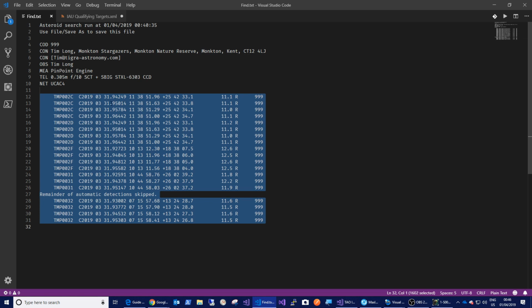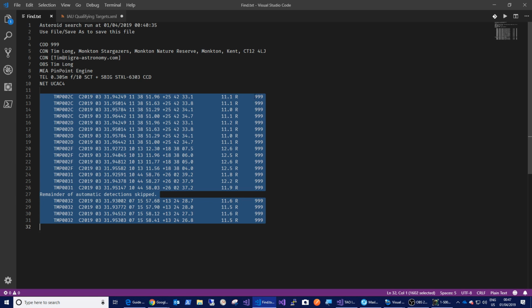The time on the observatory computer is maintained to an accuracy of probably plus or minus 10 milliseconds, I would say. So it's very accurate, and so these are the magnitudes of the items we've found. So as you can see, it ranges from 11 to about 12.6,